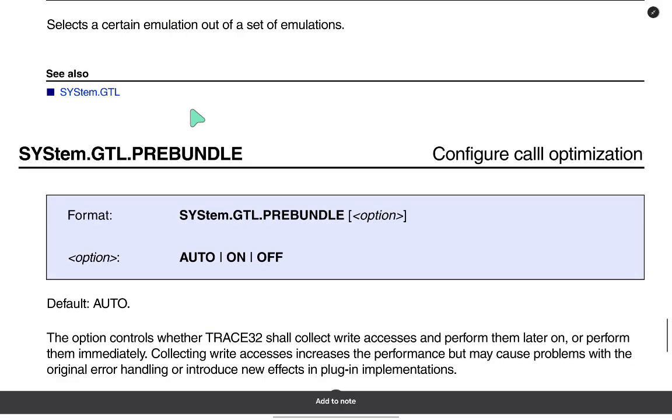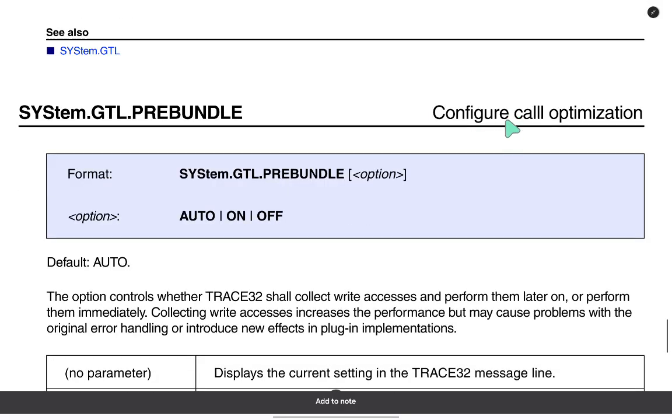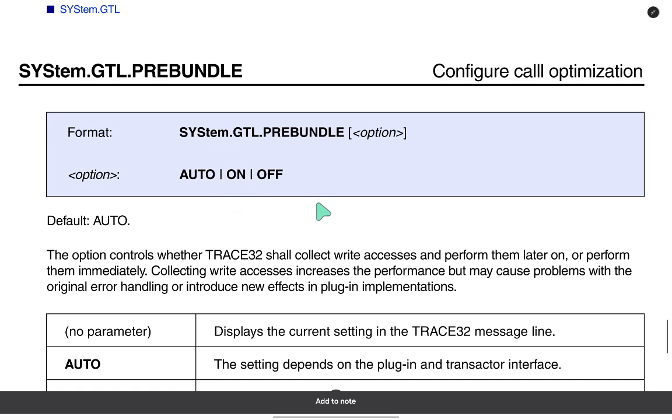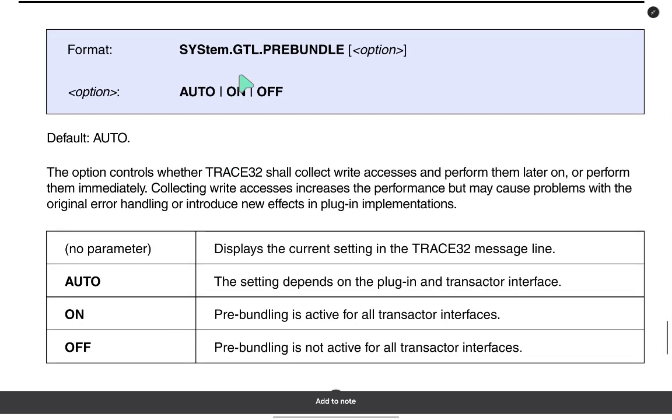sys.gtl pre-bundle, configure core optimization: auto, on, off, default auto. The option controls whether the thread should collect write accesses and perform them later on, or perform them immediately. Collecting write accesses increases the performance but may cause problems with the original error handling or introduce a new effect